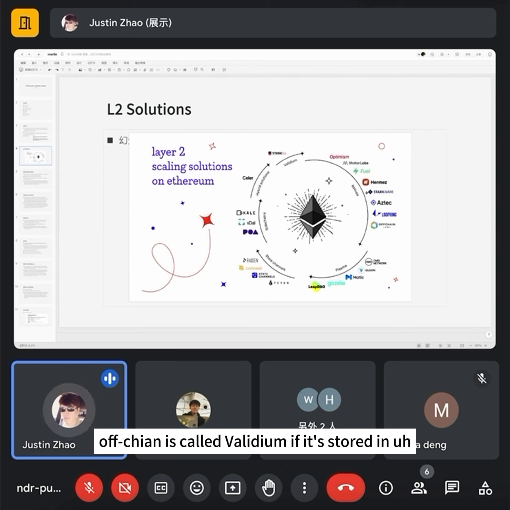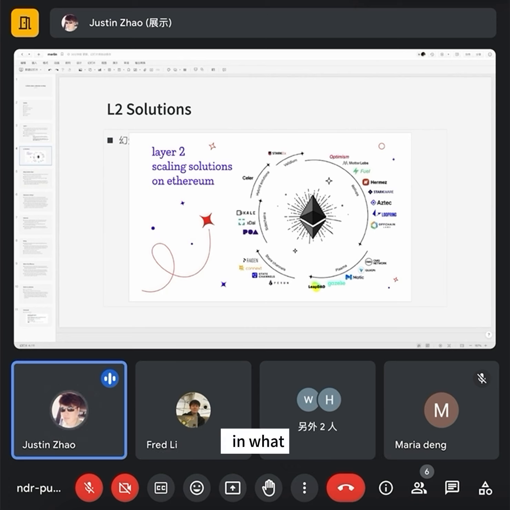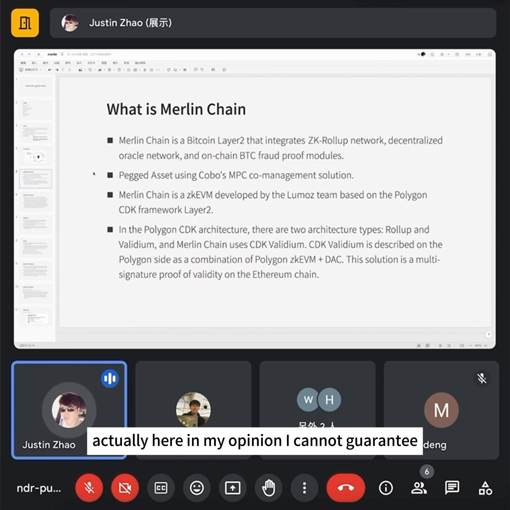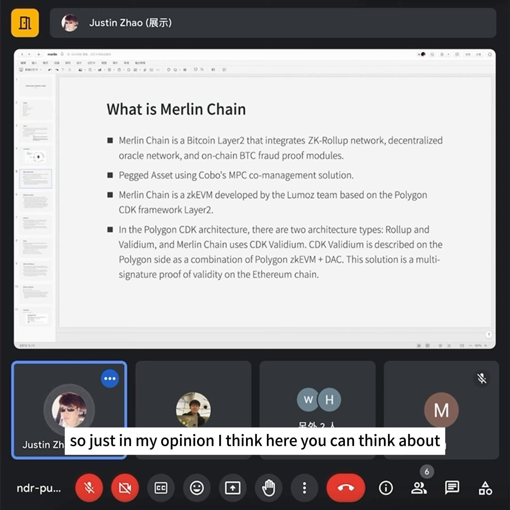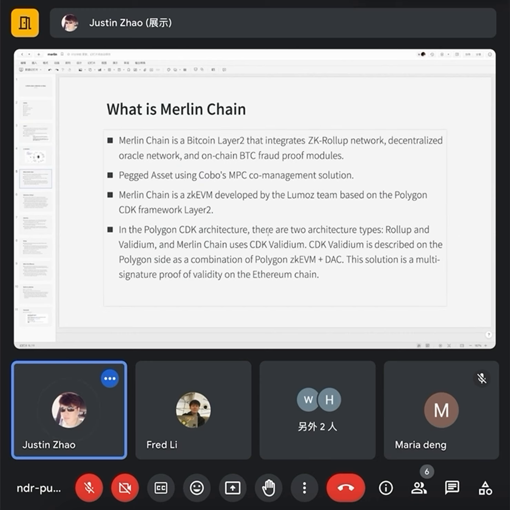If it's stored in a layer, in layer 1, it's called a rollup. Yeah. Right. Actually here, in my opinion, I cannot guarantee it's right or wrong. Just in my opinion, I think here you can think about